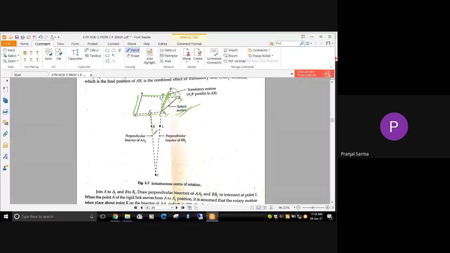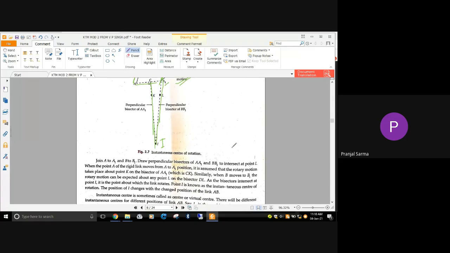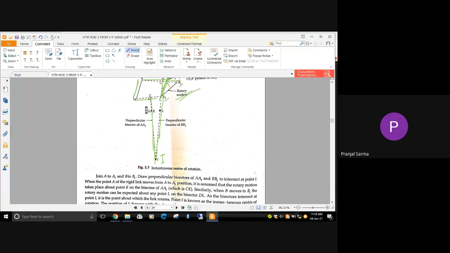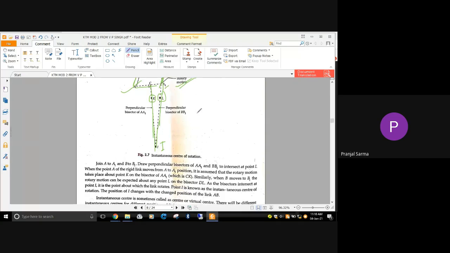If we draw the perpendicular bisector for AA1, this is this, and if we draw the perpendicular bisector for BB1, this is this, and if you see, it is intersecting at a certain point, and that point we designate as point I. And it can be assumed that for this A1 it has taken rotary motion about this particular point, and similarly there will be a point for BB1, suppose this is the L, and ultimately we can consider at the end,